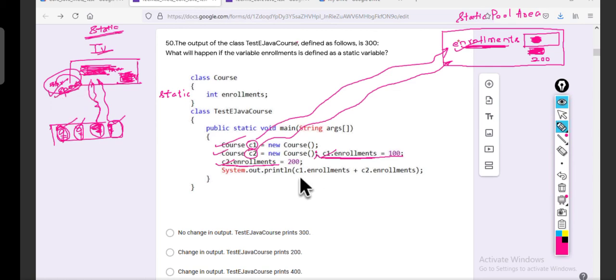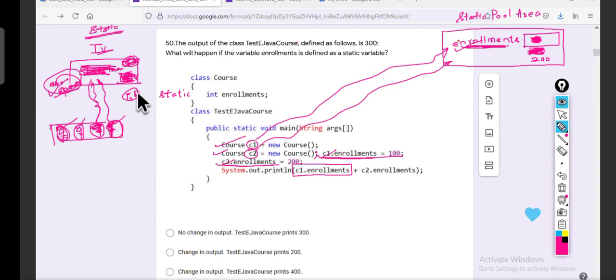Now observe, C1.enrollment. What is the output? What is the latest value that you are seeing? Let me put 100. Your mother changed it to ETV, I'll agree.